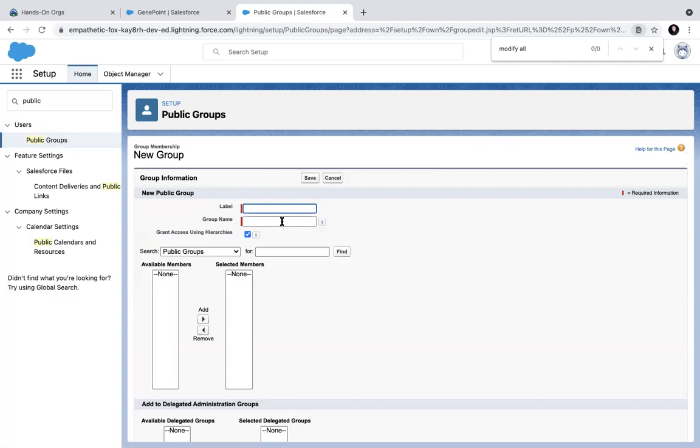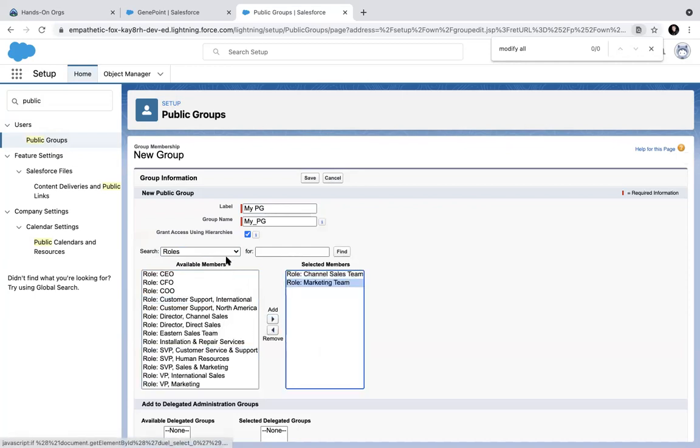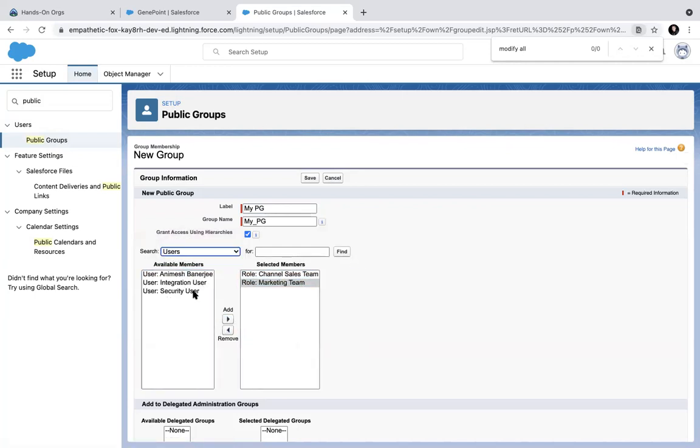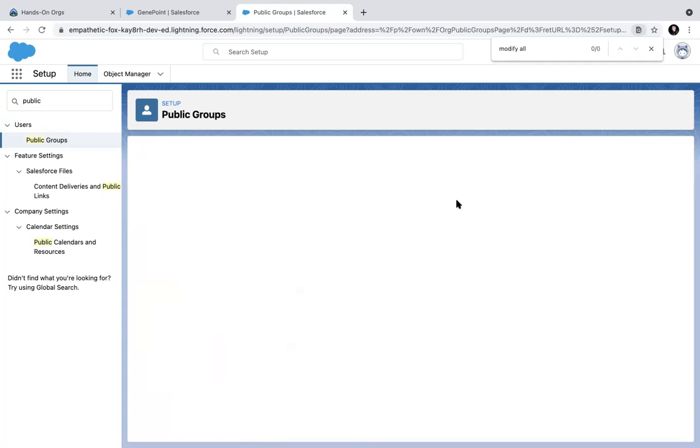It can contain users. So when I create my public group, you can choose any existing public groups, any existing roles, and existing individual users. All put together, this becomes a public group.